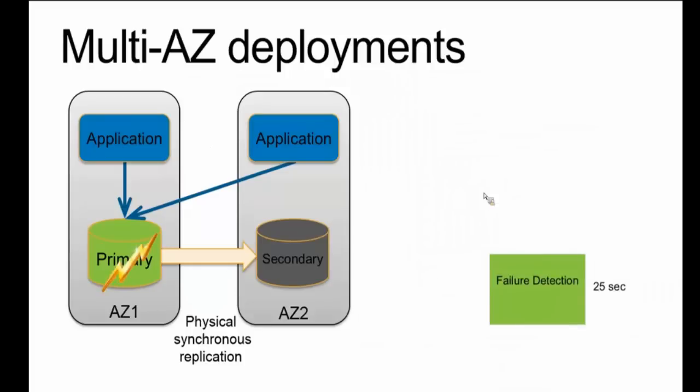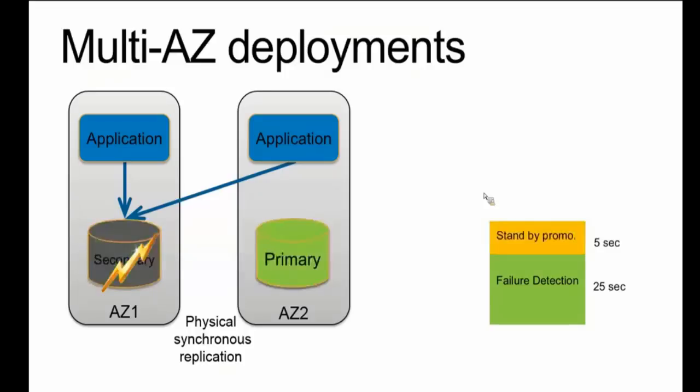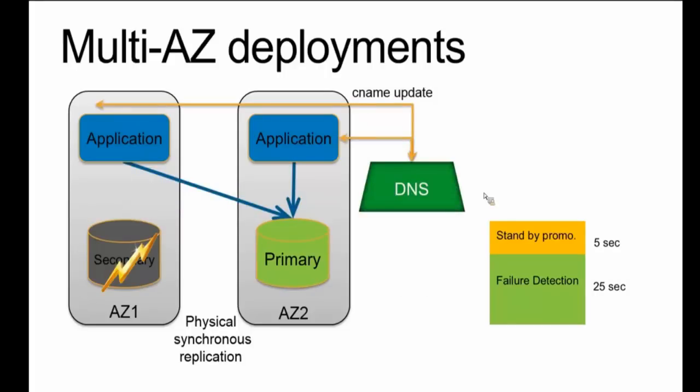If the primary goes down, then we have an automated process that will detect a failure. It can take up to 25 seconds to do the failure detection, and this has to do with timeouts for leases and understanding when the heartbeats for the system have stopped arriving. That's how it does the failure detection, and then we will promote the standby to the primary, and then we'll